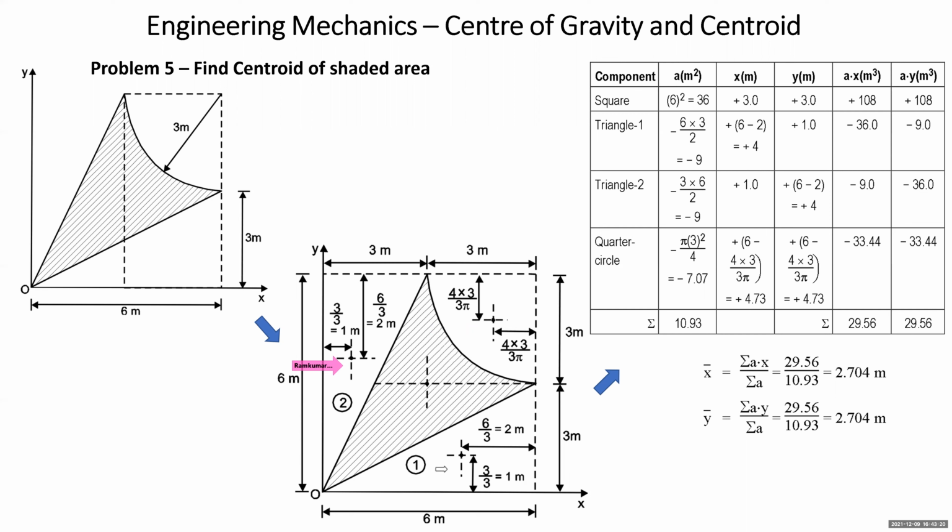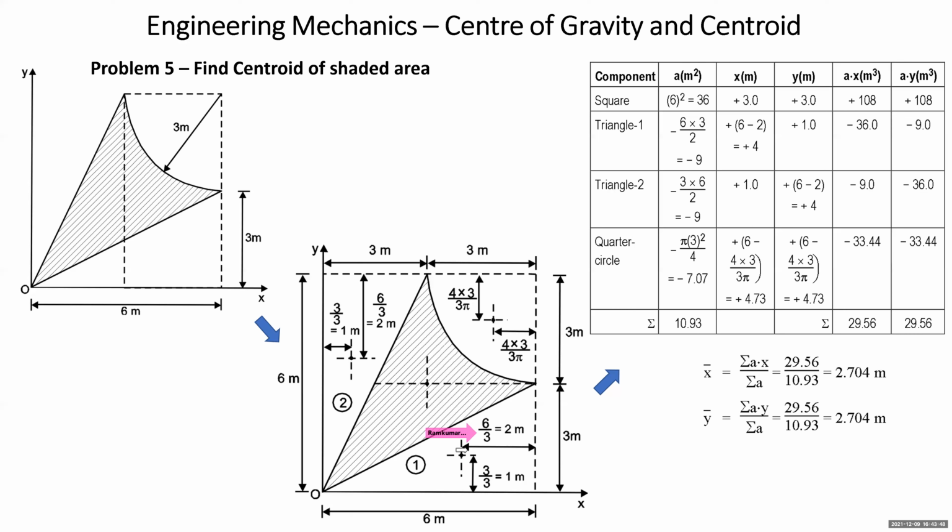Similarly, you come to this triangle. With respect to this base, height is 3, so 3 by 3 is 1 meter. And with respect to this base, height is 6, so 6 by 3 is 2 meters. Students, do remember that in case of the right angle triangle, the centroid can be marked based on the dimensions which are horizontal and vertical. The centroid of a triangle of any shape lies at 1/3 of its height from the base. But this property is applied on the bases which are horizontal or vertical.